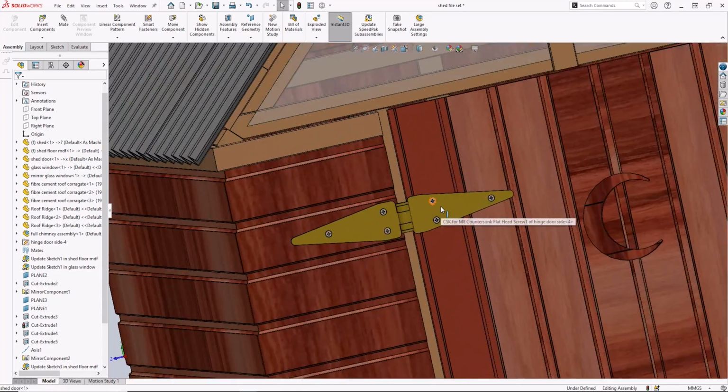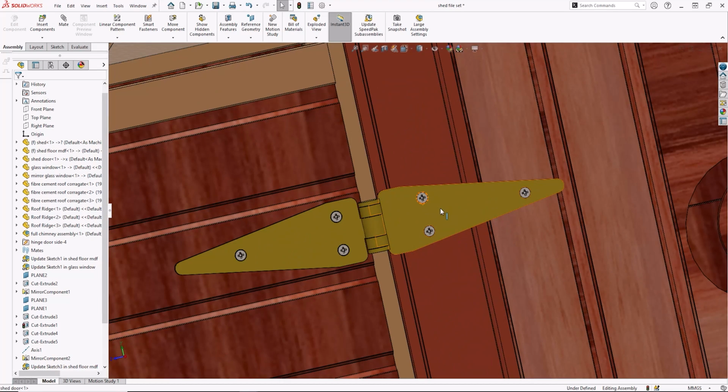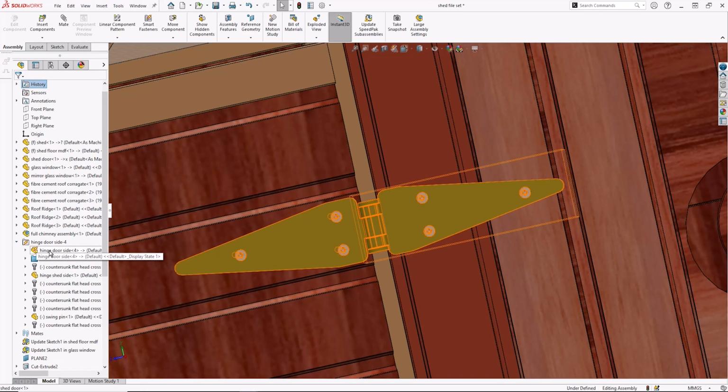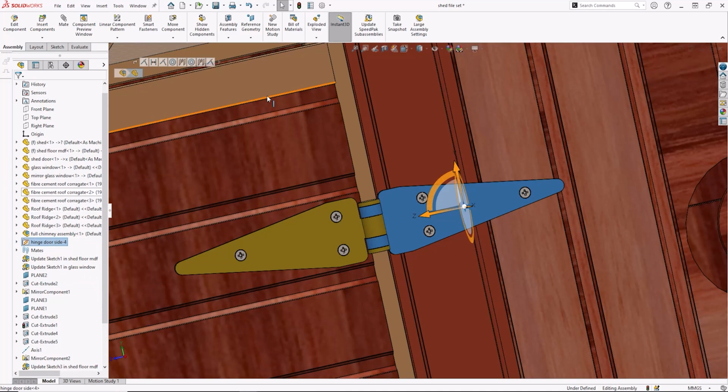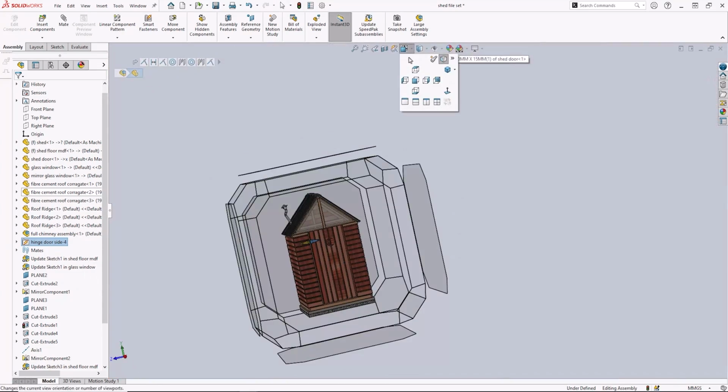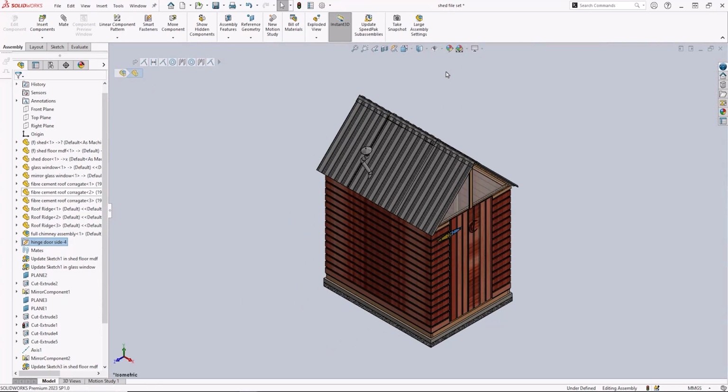We can see that the Smart Component tool has added in the holes required for our fasteners to attach the hinge to the door and the wall. It has also installed all the components which would usually be brought in with the hinge. These are all stored under the Smart Components folder of the hinge door side that can be expanded to see all the individual components. These components can be suppressed or deleted as the design requires, without affecting other instances of the Smart Component. With this tool, you can work faster and smarter in SOLIDWORKS assemblies.